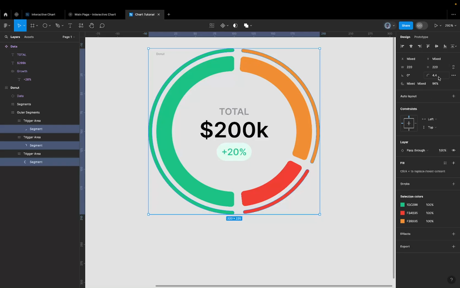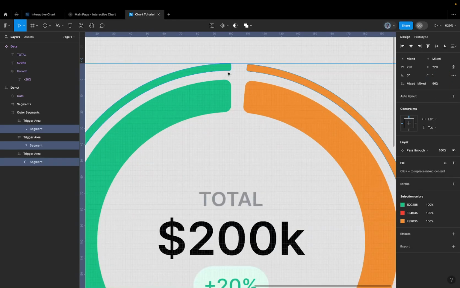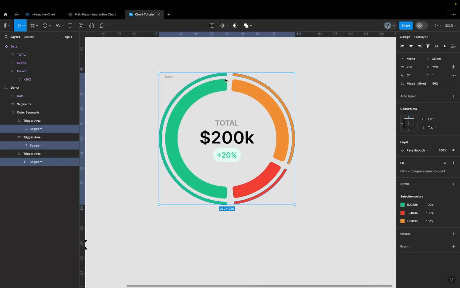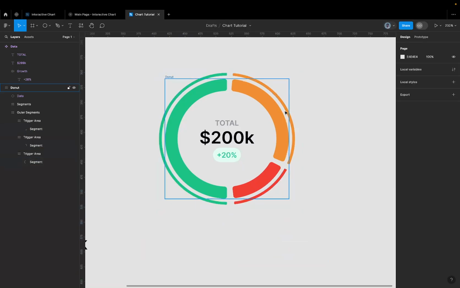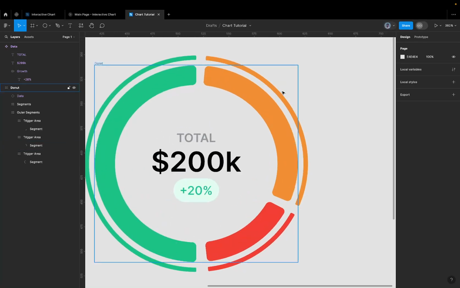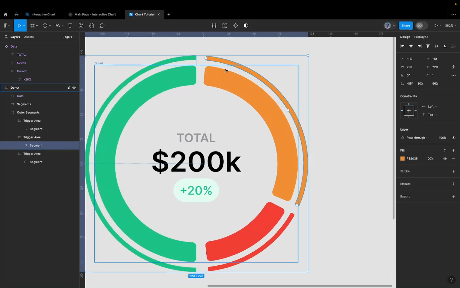So I also want to change the corner radii of all of them to 1, so it has like a subtle corner radius. With this done, I could just say, okay, I want to leave it like this. But from where I got inspiration from, I like the fact that the outer radius always looked smaller than the